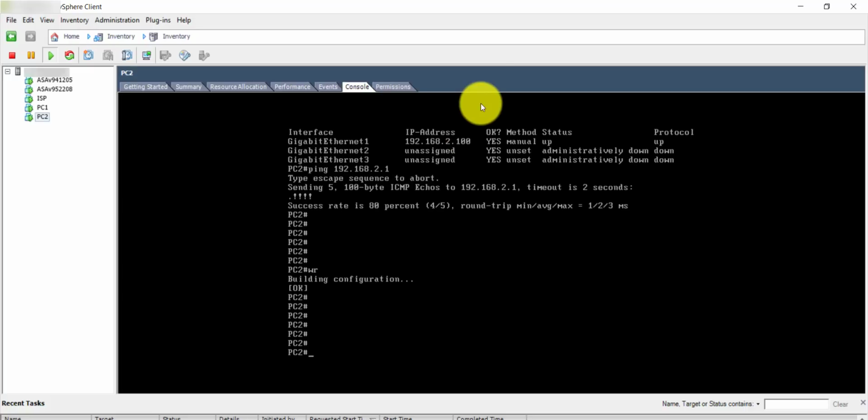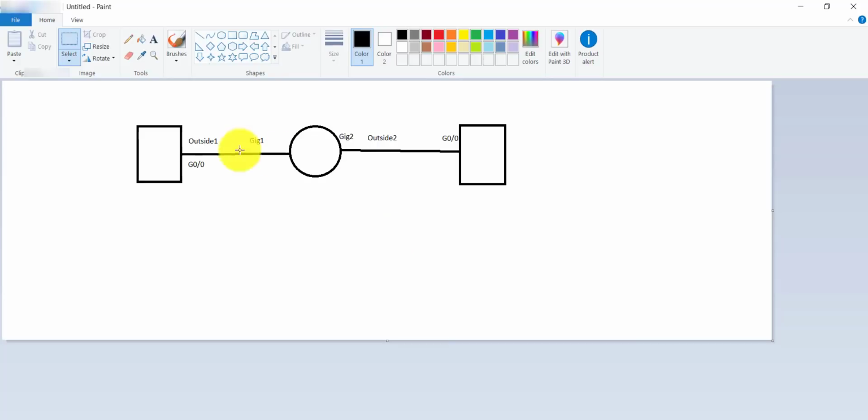PC1, PC2, and both are connected to the inside interfaces of the respective ASAs. So this is a very general deployment, how the topology is made, and rest all the things are based on